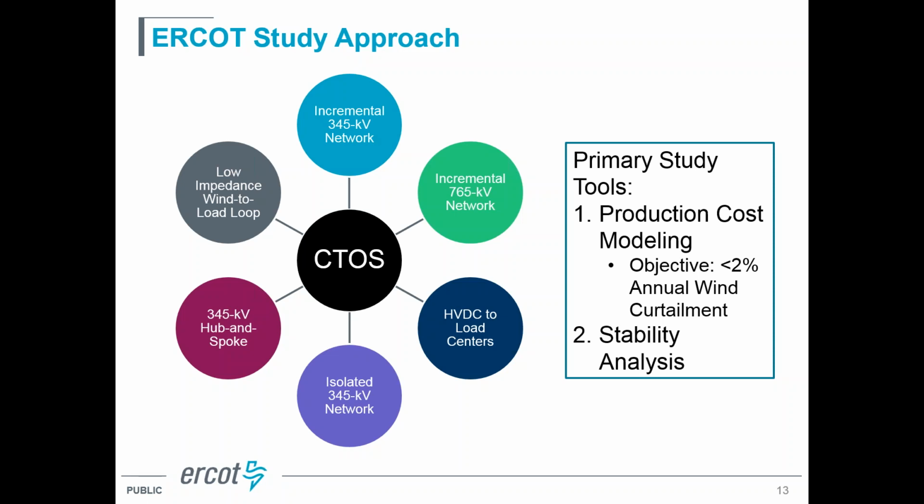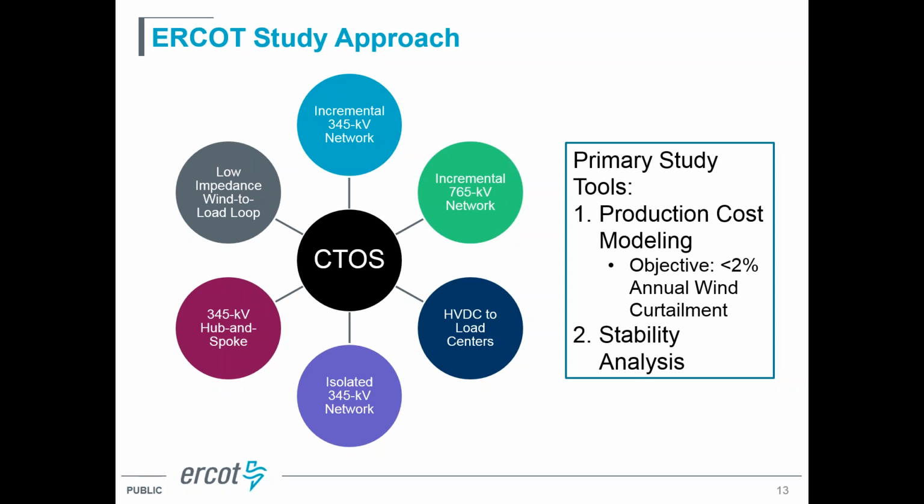And as a couple of examples, we looked at just taking our existing 345 kV network in that area and just sort of incrementally adding to that network. We also looked at options such as higher voltage transmission facilities, such as 765 kV. We also considered high voltage DC, and we had all of these different brainstorm options, and we started developing each one of them individually to see what that would look like. And the primary tools that we used were production cost modeling, and what we found is that